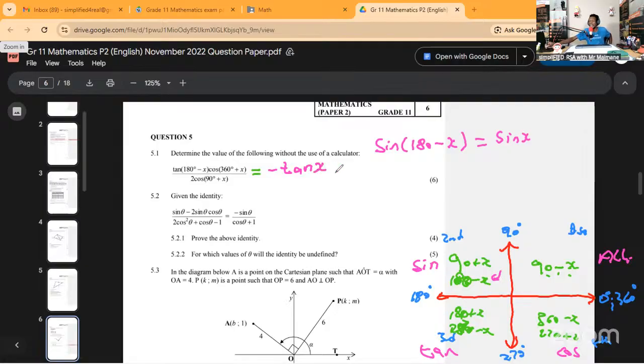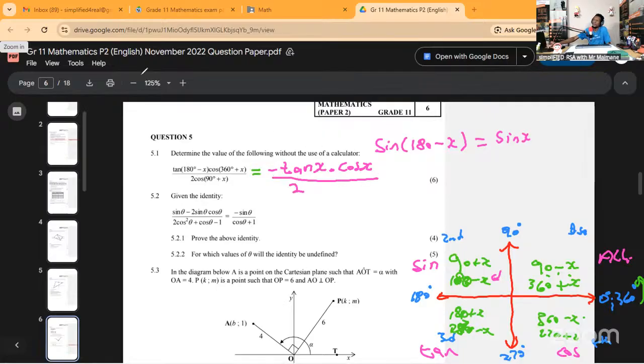So 10x, and I'm not even going to say what I'm talking about. So it's going to be negative 10x. And then we have 360. So for 360, cos 360 plus x. I forgot to mention 360 plus, but you know where it is. After you have 360 minus on the third quadrant, when you go now to the first quadrant again, that's when you have 360 plus x. And on 360 plus, everything remains positive because everything is positive at the first quadrant. So that's when we're going to have cos of x all over